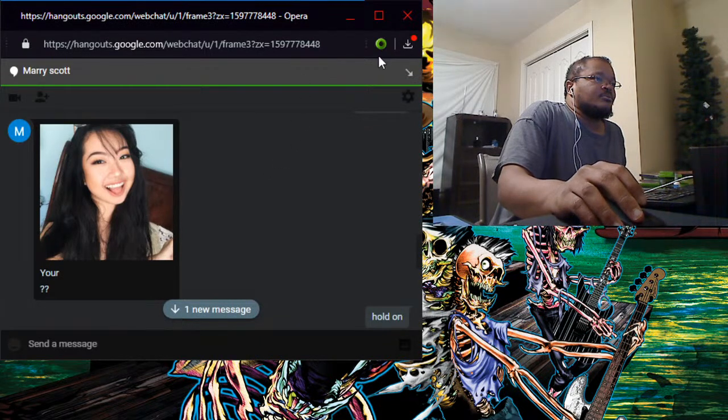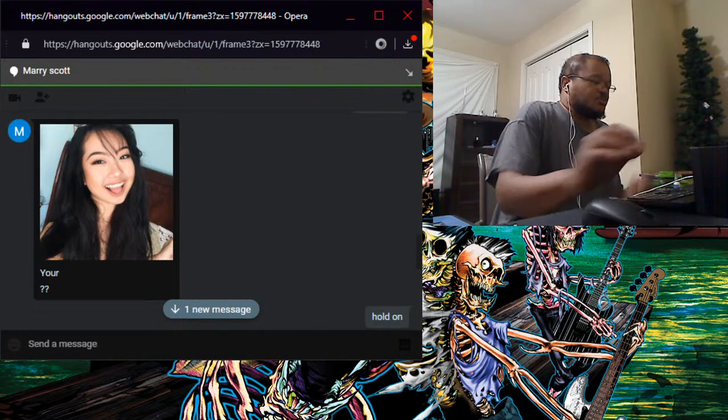Hold on. Let me find out where the image is. Save image as. Time to do a reverse image search. To verify if an image is stolen, it's best to do a reverse image search, but not all search engines work.